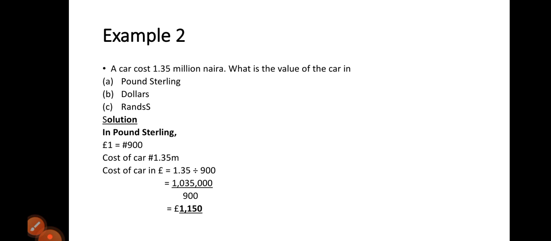If you take the car there to go and sell it, you divide 1.35 million naira by the exchange rate, which is 900 naira. That will give us 1,500 pounds. When the other country's money is in thousands and ours is in millions,